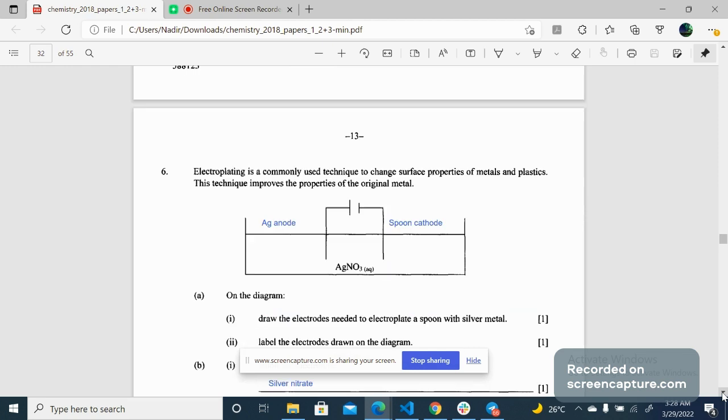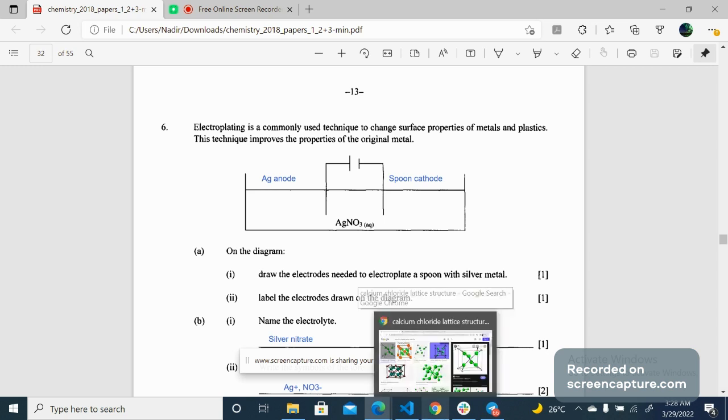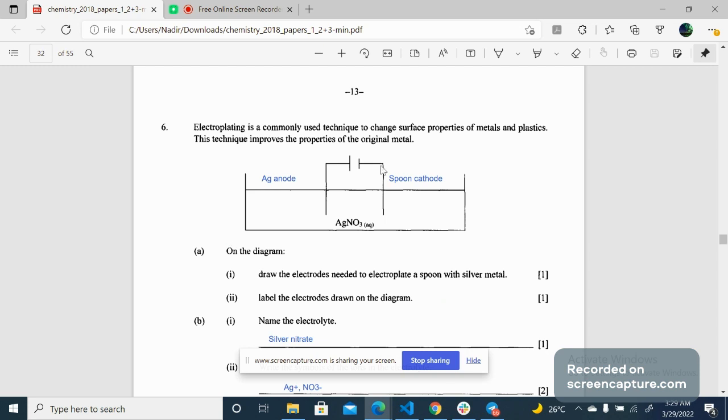and now the next question is question number 6. This question is related to electroplating. Electroplating is a commonly used technique to change the surface property of metal or plastic, and this technique improves the property of the original metal. Okay, this is the scenario, and the question is: on the diagram, draw the electrodes needed to electroplate a spoon